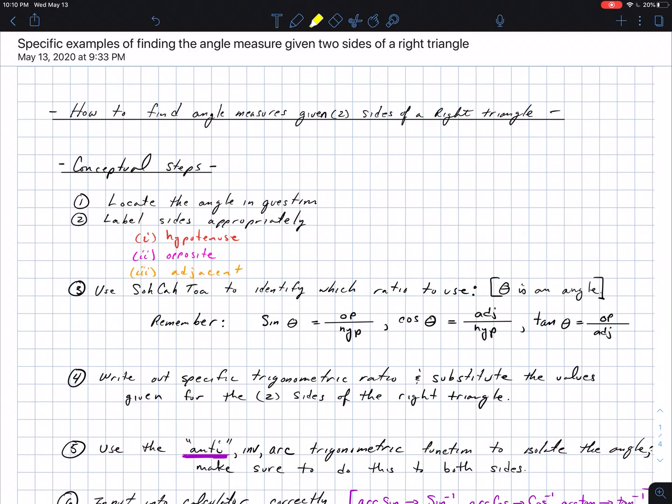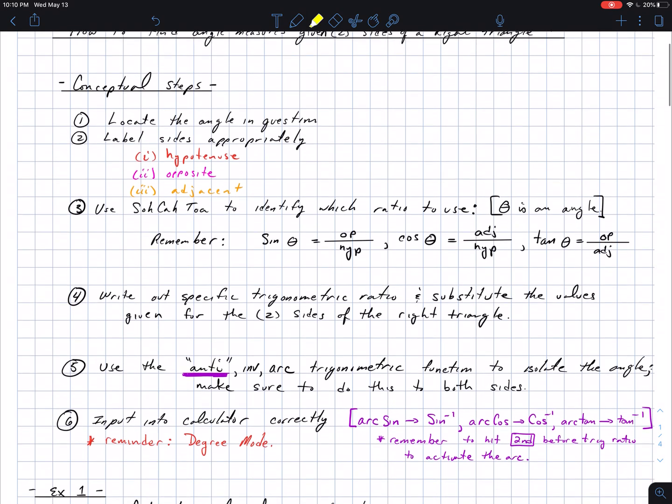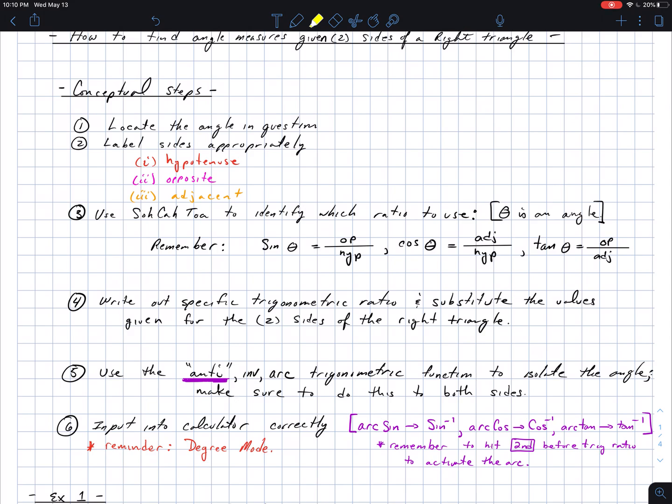Hey everybody. Today we're going to be looking at specific examples on how to find angle measures given two sides of a right triangle. I've listed about 6 conceptual steps that we need to take a look at. Whenever we're working on these types of problems, the first thing you want to do is locate the angle in